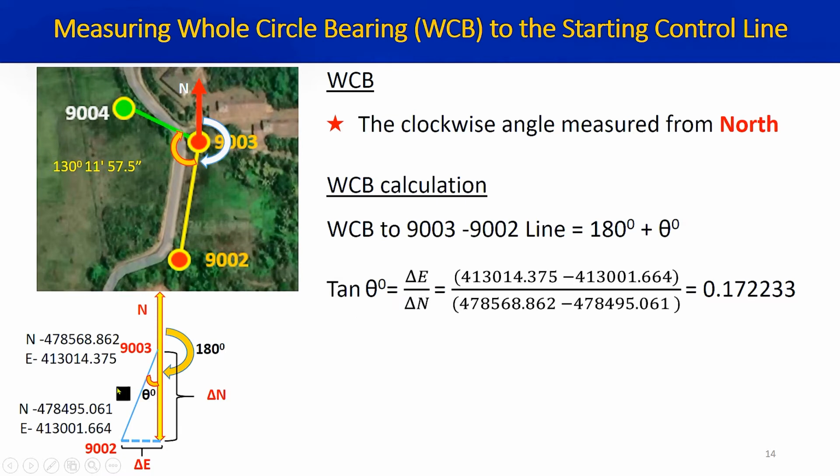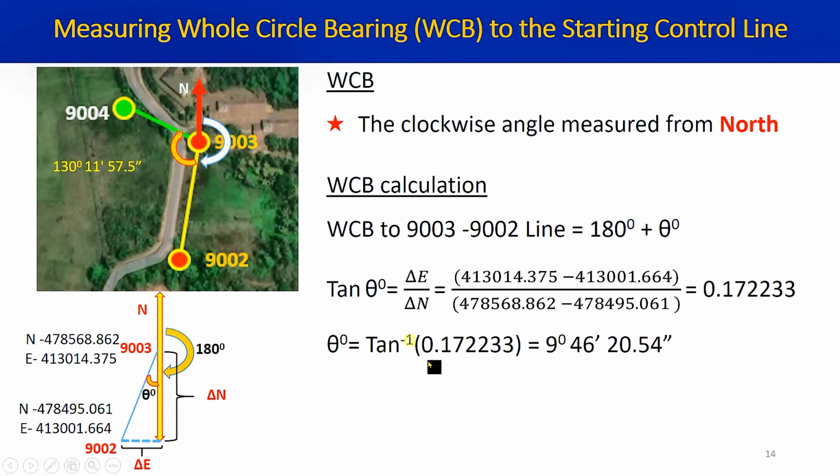We can find out the delta E easily by deducting the easting coordinate of 9002 from the easting coordinate of 9003. At the same time, we can find out the delta N by deducting the northern coordinate of 9002 from the northern coordinate of 9003. So the tan theta value is